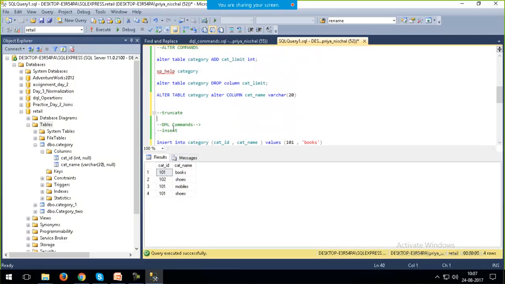And if I write truncate, can these be retrieved as with the delete command? No. We can't retrieve once I delete. For that reason we have some TCL commands, transactions. Now if I write truncate table category and execute,